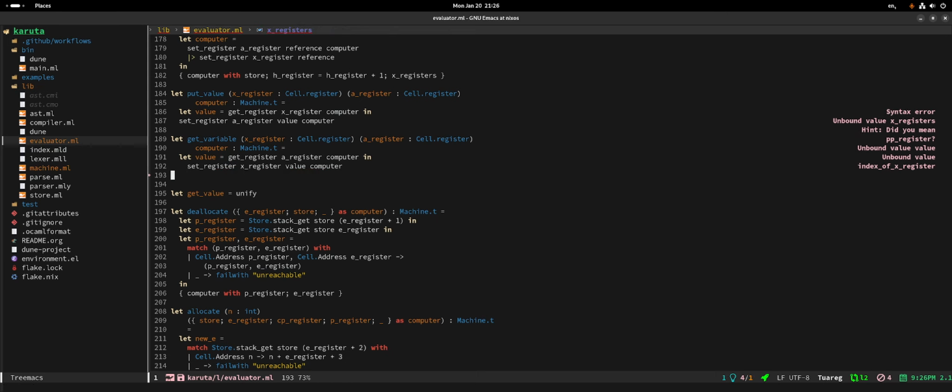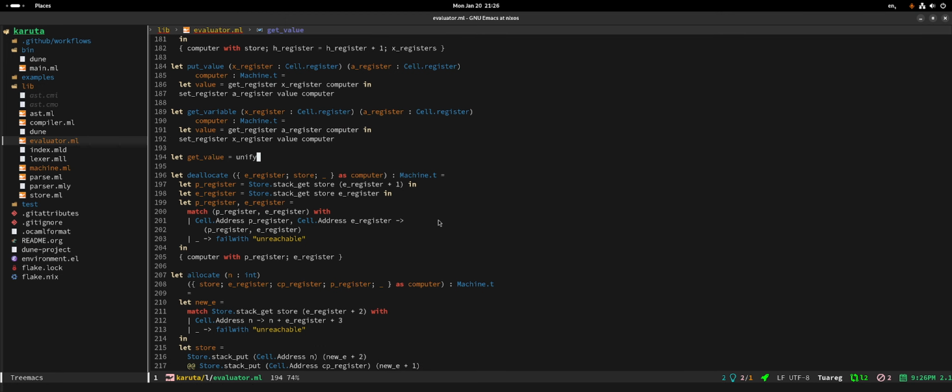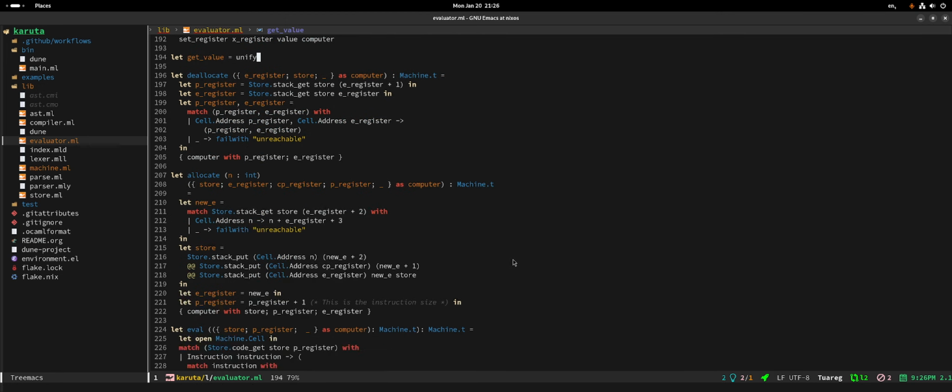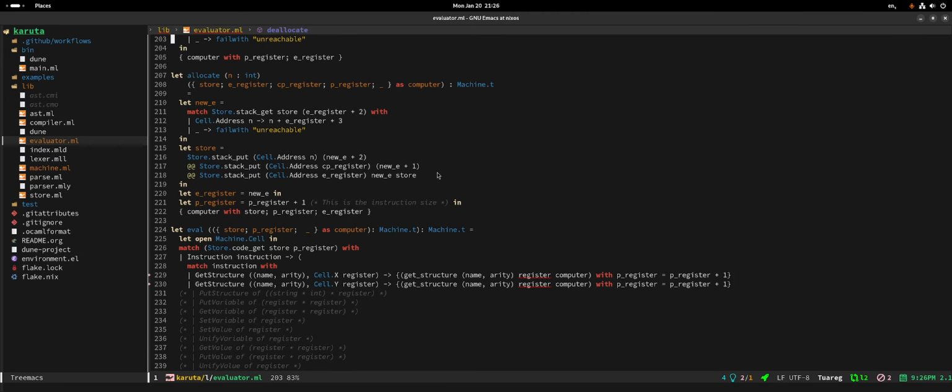Get value is just unify. The allocate doesn't use registers, so, nope, it doesn't, and allocate also doesn't. So is that it? Did we just fix everything? I think so. Maybe. It sounds hard to believe, but